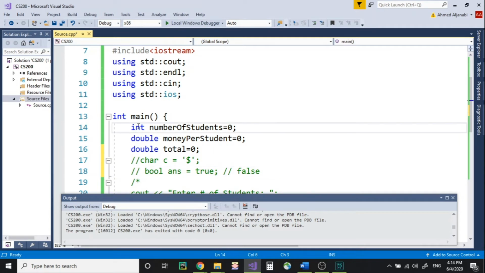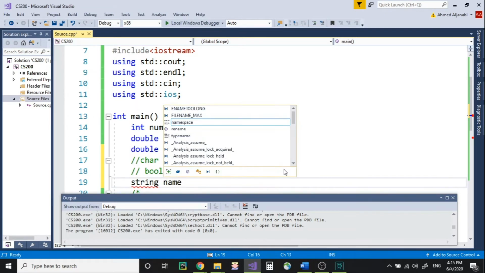So we have integers to store whole numbers, double and a float to store numbers with decimal points. We have characters to store characters, and boolean to store boolean variables, which is true or false. Those are what we call primitive data types. We also have non-primitive data types, which are basically variables or data types that weren't generated with the programming language itself. It was generated later. For example, we have a data type called string,